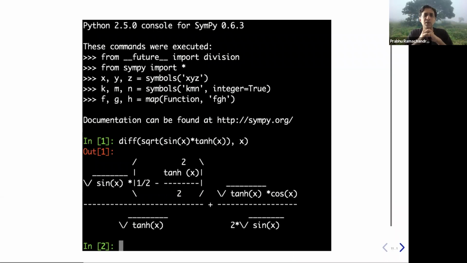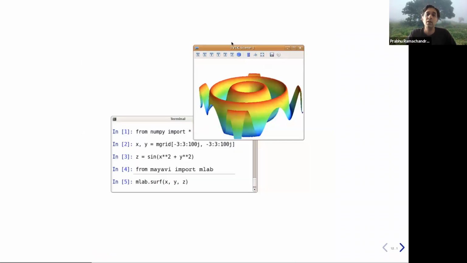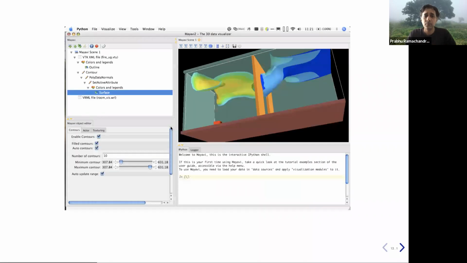Even if you're trying to understand some new machine learning algorithm and you have an expression that you need to differentiate, it's very convenient to have a symbolic engine. And there are tools like SymPy, which is a Python-based package for doing symbolic computing. And then you can also do fancier things like 3D plots, interactive three-dimensional plots. All of these can be done from the comfort of Python. So this is a very, very important use case for Python.